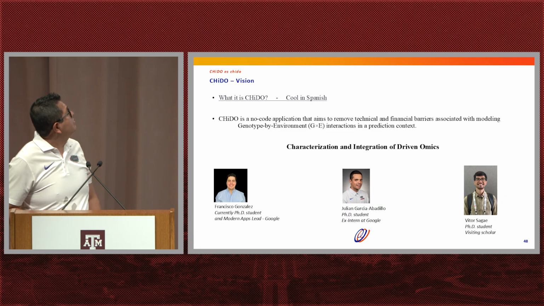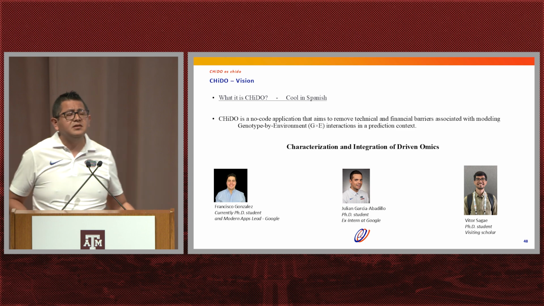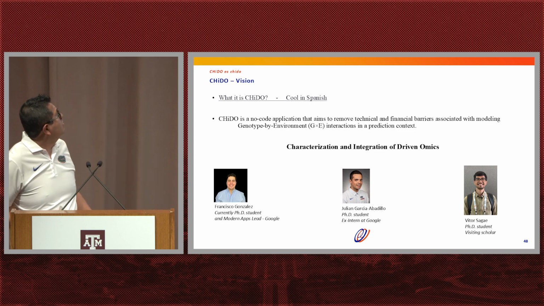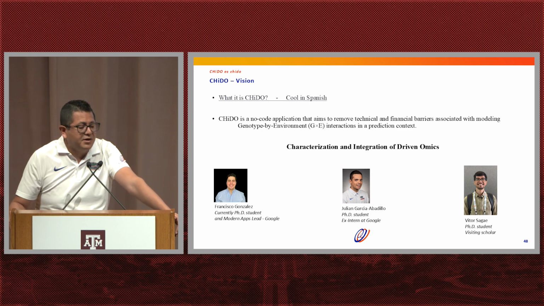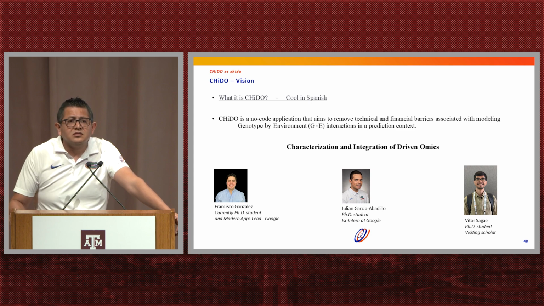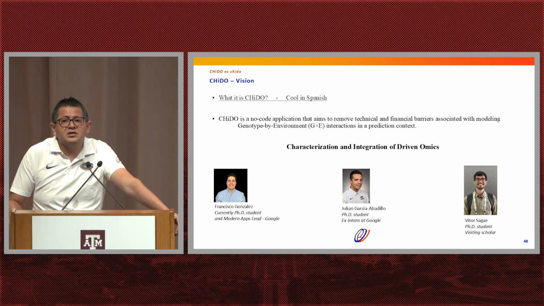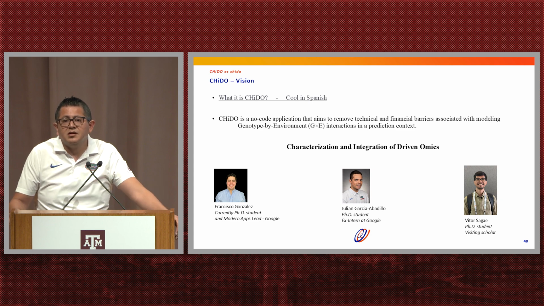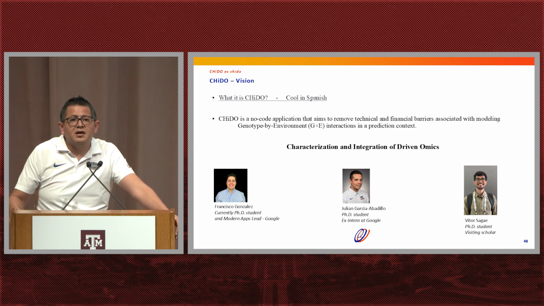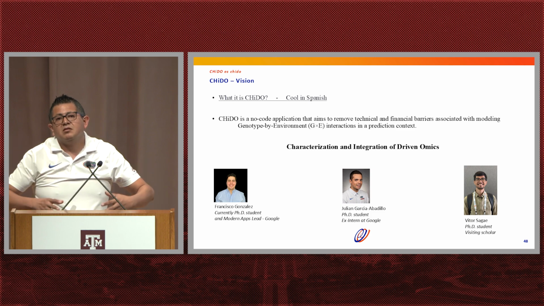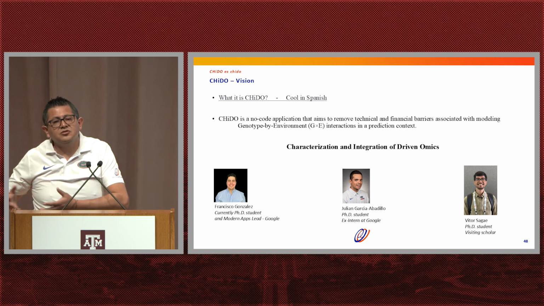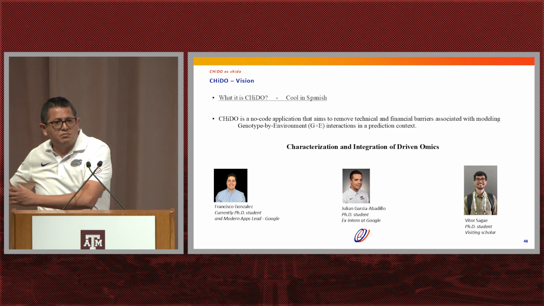And what is CHiDO? So as I said before, it's cool in Spanish, but for us, CHiDO is a no-code application that aims to remove technical and financial barriers associated with modeling genotype and environment interactions in a prediction context. So the idea was taken from trying to help emerging breeding programs. I know University of Florida, Texas A&M, Wisconsin, you have a large number of resources compared with emerging breeding programs